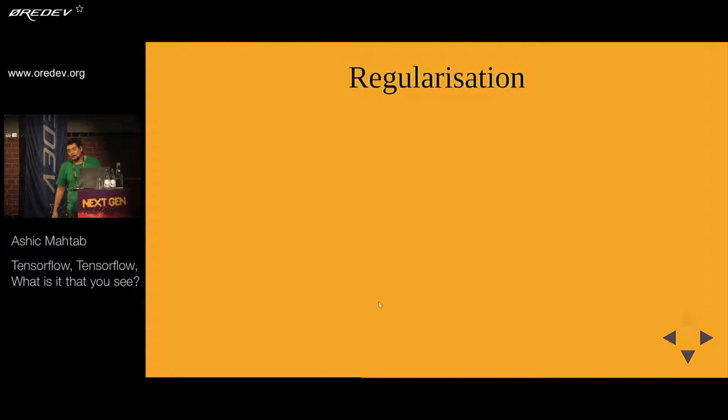Right. So a problem that we have with neural networks is that, given enough data, they're very, very good at learning. In fact, they're so good at learning, they memorize it. The result of memorization is that it works very, very well on data it's seen before, but it does not work well on data it hasn't seen before. And when you're looking to predict something, you probably run it against data it hasn't seen before.